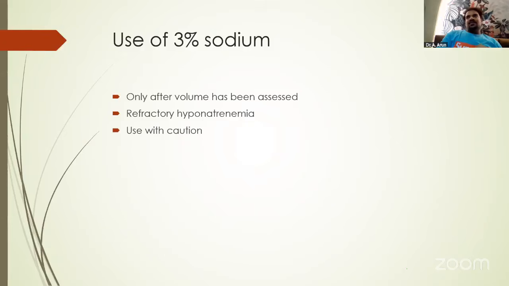So 3% saline, the places that we use nowadays commonly is generally for patients who have raised intracranial pressures. So for raised intracranial pressures, we use that as an osmotic agent, because 3% saline will take fluid away from the CSF, and it will help us maintain a lower CSF pressure. So in patients with any space occupying lesions or post any cranial surgeries or patients with evolving hemorrhage, those patients are the ones in which you use 3% saline.